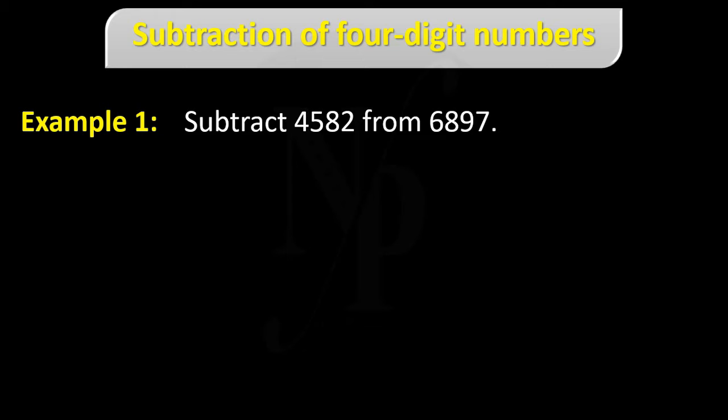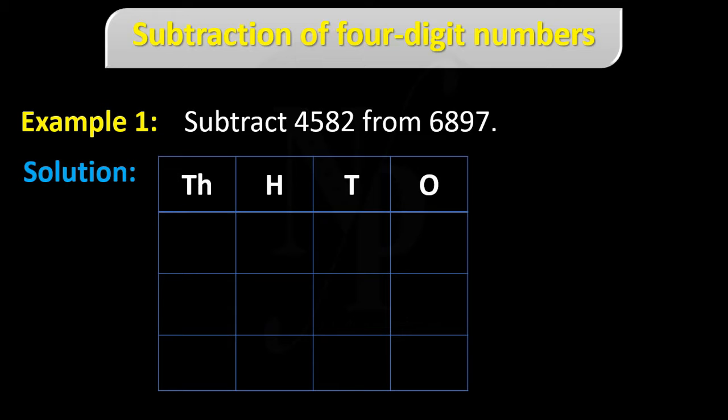Example number 1. Subtract 4582 from 6897. So to find the difference or to subtract the given number from the other number, we will follow the same procedure as we did in previous classes. Solution. First we will draw the place values table, and in this table we will write down the given numbers